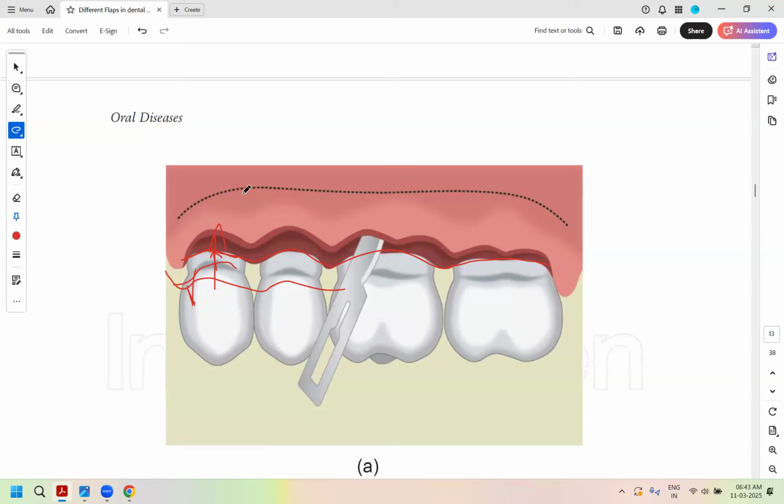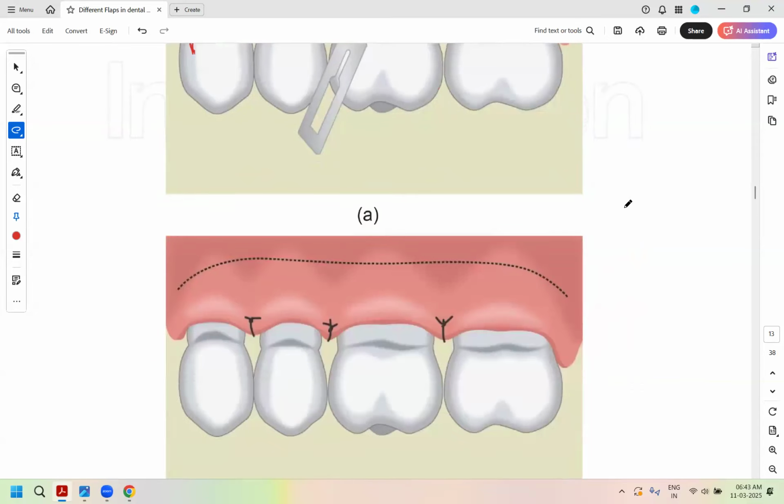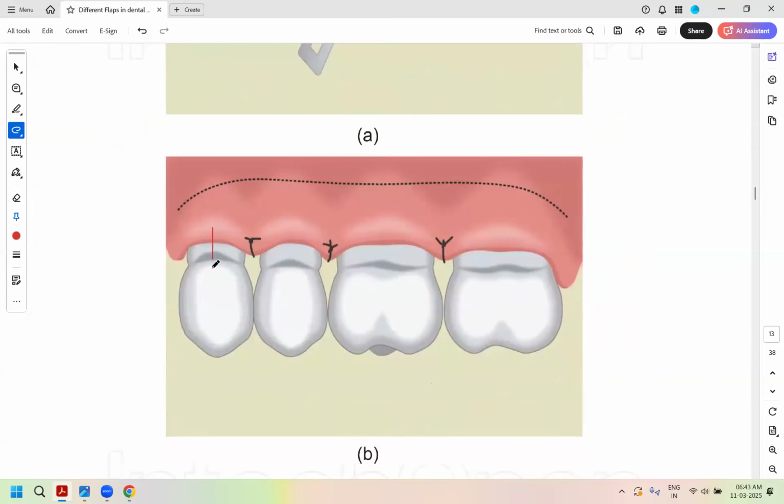So if aesthetics are not concerned, you're not bringing it up and putting the coronally positioned flap with the graft, right? So you will reposition the gingiva with the newer levels of the bone. So that is apically positioned flap. It will eliminate the pocket depth and the gingiva will not grow back because now it is positioned with the adjacent newer levels of the bone. So probing depths would be reduced. It will become a cleansable site. Deep pockets will be eliminated.